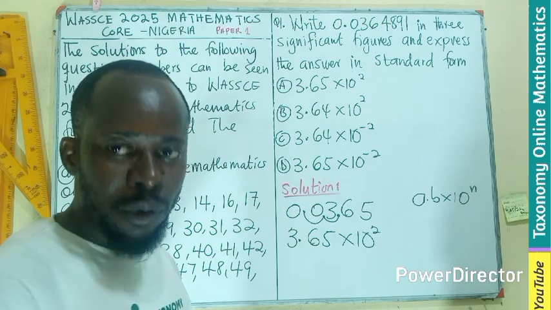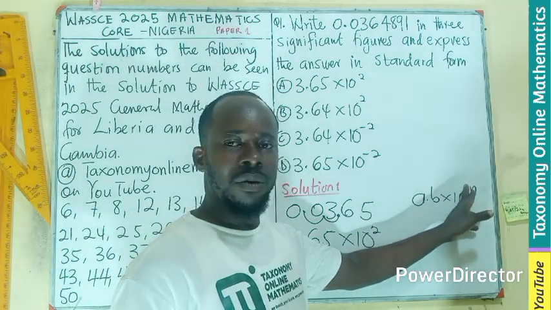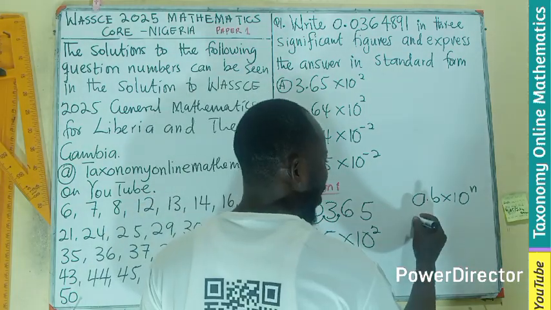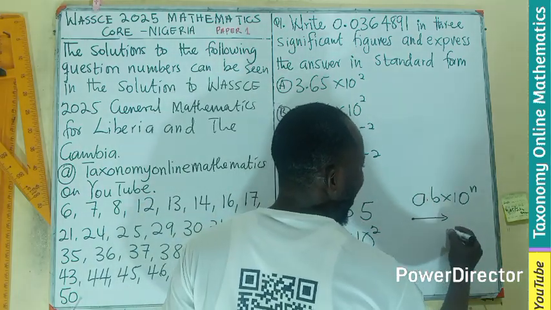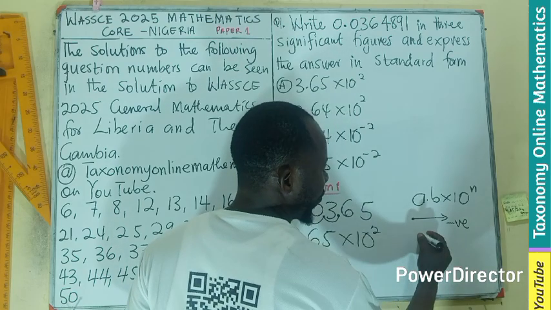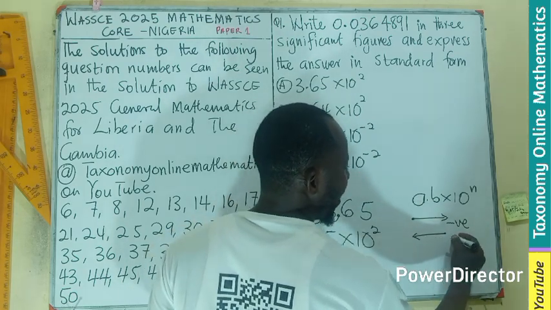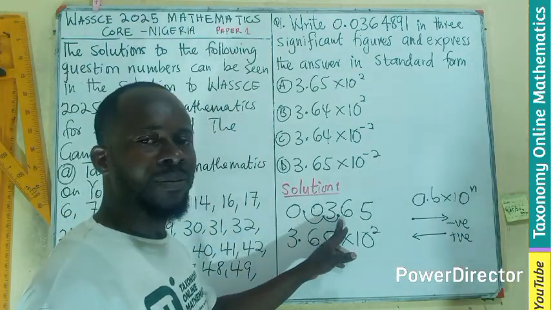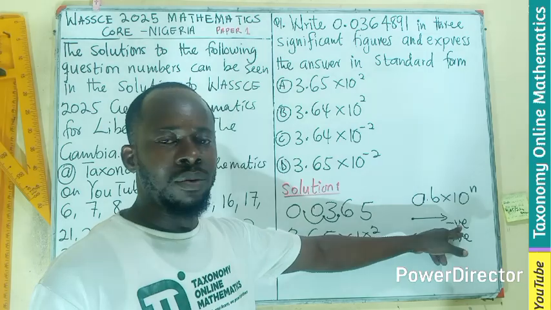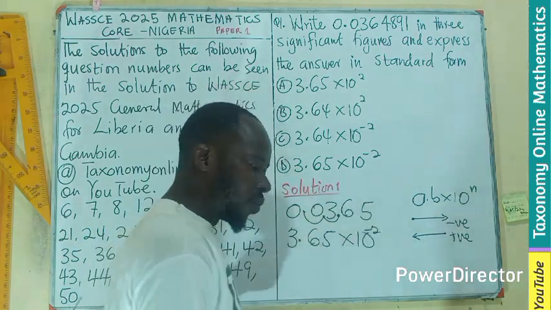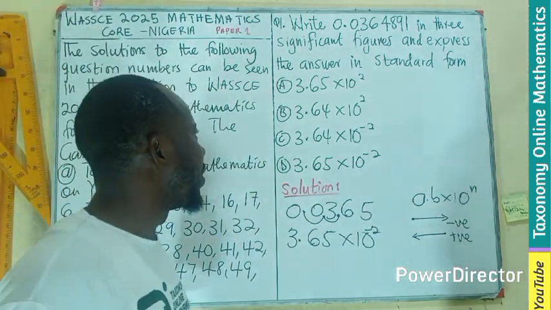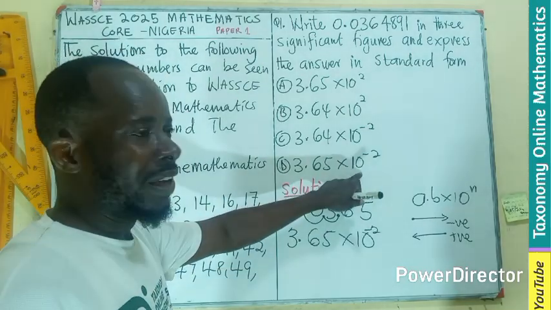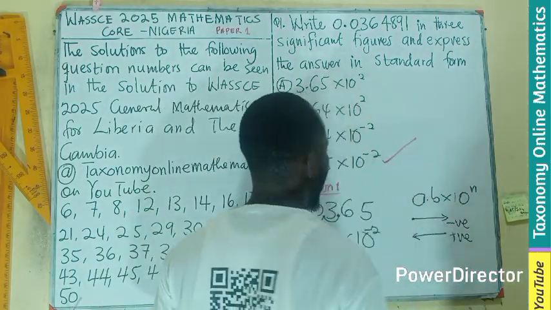2 times. The movement is there, but the sign of the n is determined by the direction. If I am moving the point from the left to the right, it takes a negative value. From the right to the left, it takes a positive value. Since I am moving the point to the right, the value is going to be negative. So my solution is going to be 3.65 times 10 exponent minus 2,